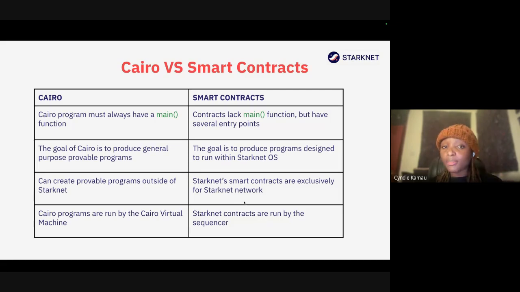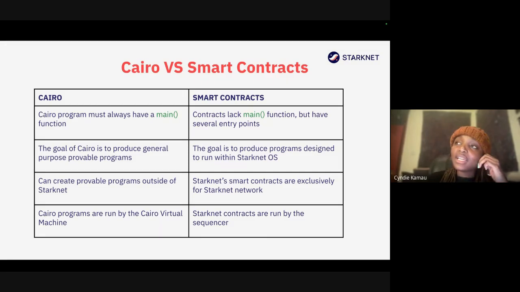One thing which is notable, when you do a deep dive into Starknet, you'll understand that Starknet contracts are run by the sequencer. Once you deploy and run a contract, it is the sequencer running it, not the virtual machine. What does that mean? With smart contracts, you will be doing things to the blockchain.